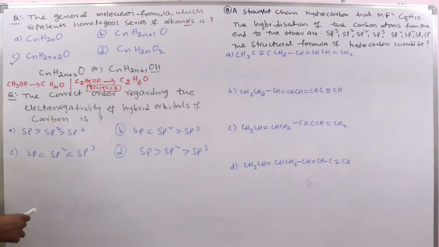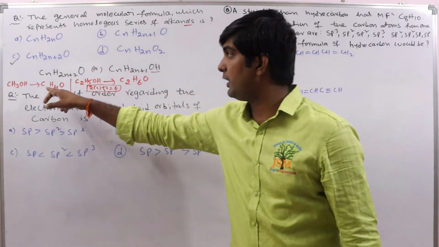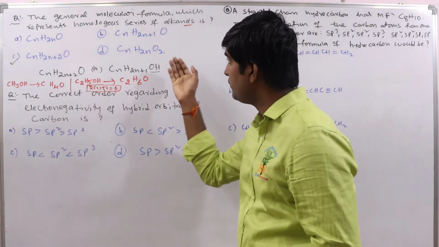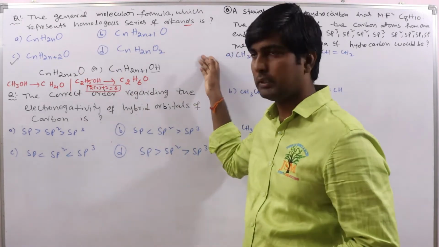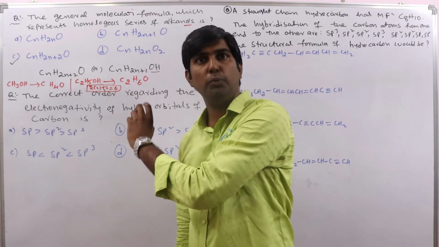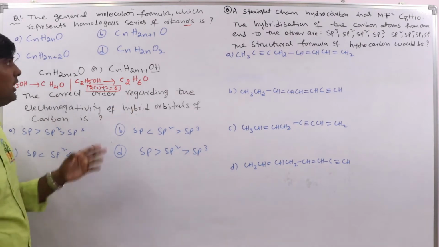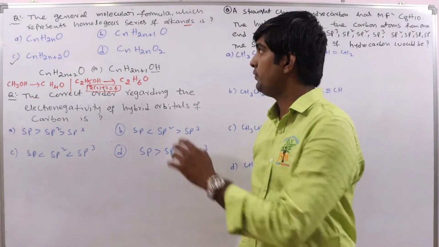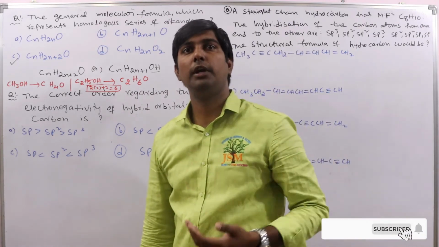So very simple. See, this type of questions were asked. Let us take any alcohol. Suppose an alcohol is given, take any alcohol and try to write it in this format. Then you will get the answer easily, even if you don't remember all these. Whatever the functional group is, suppose they have asked this type of question, what you have to do? Simply take one simple molecule of that functional group and write it in this manner, then you will get the answer easily. It won't take much time also. That you can also follow if you are not able to remember the formula of each different type of molecule